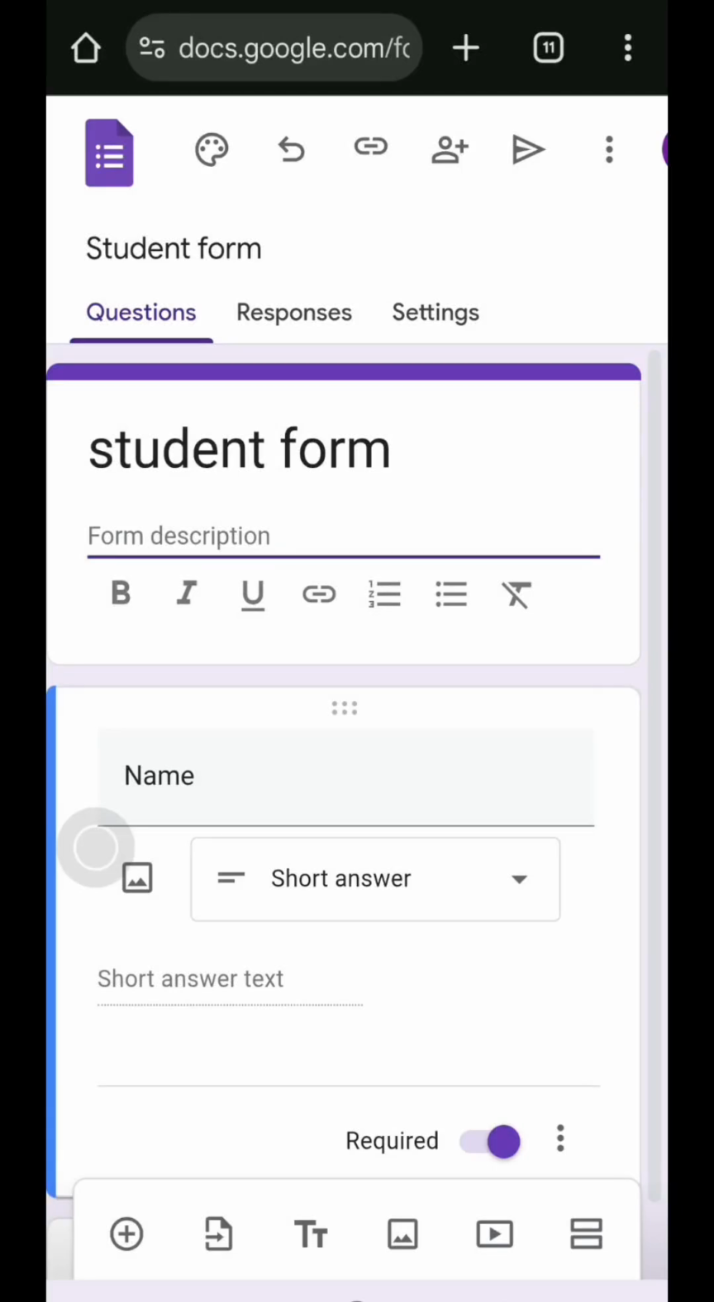In this tutorial, I will show you how to change the owner of a Google form. It's super fast and easy. So let's get started. First, just open your Google Forms and select the form that you want to transfer